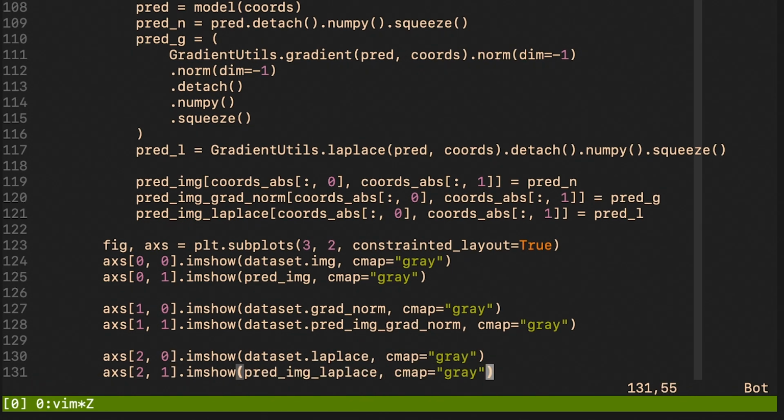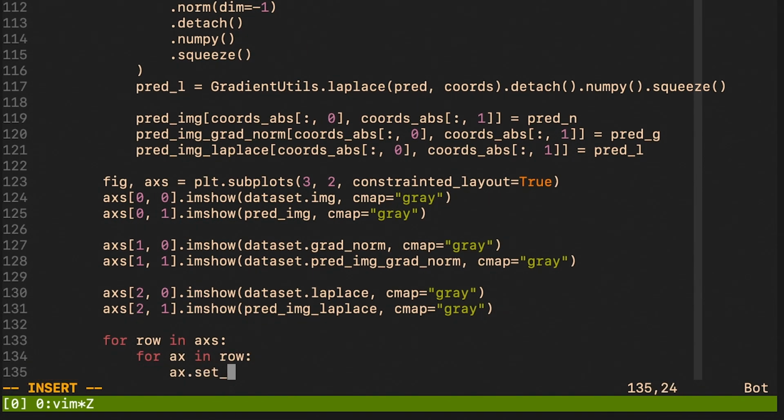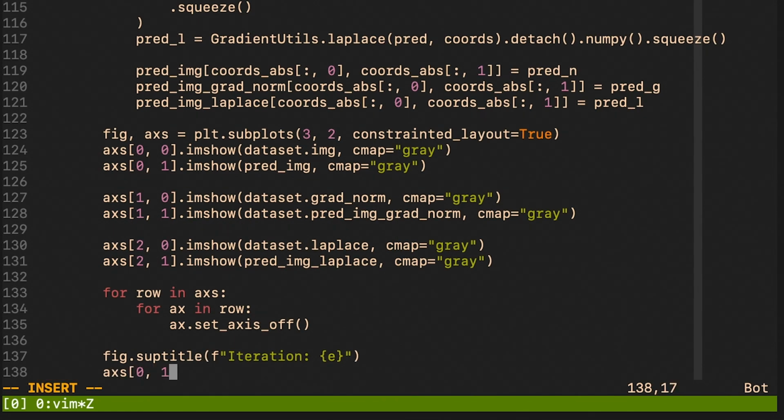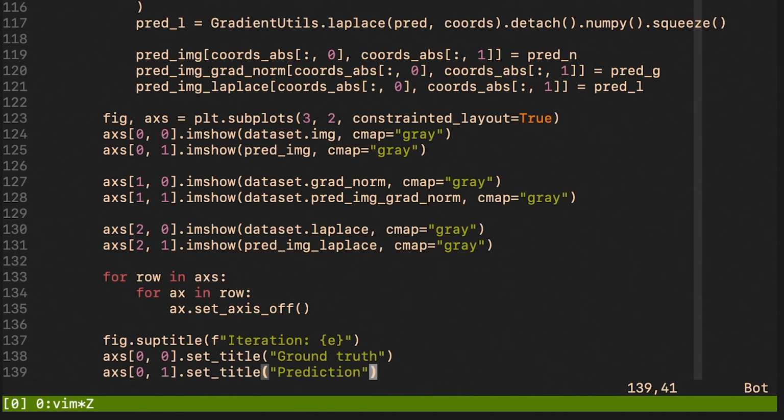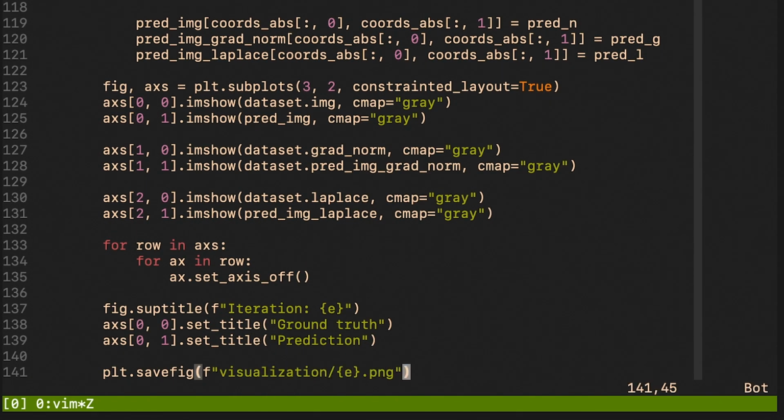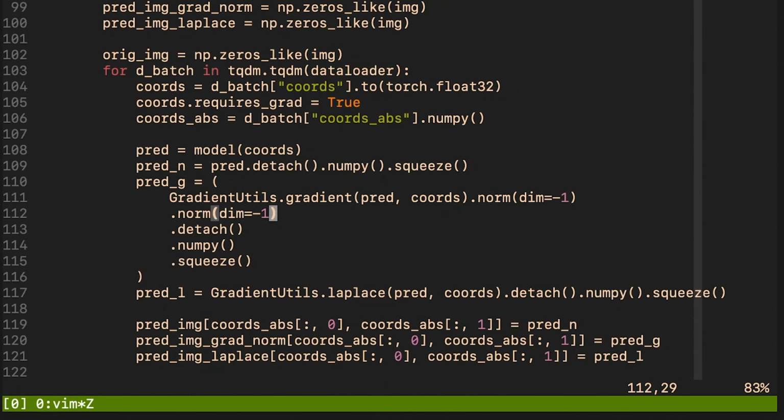And here we just always plot the ground truth and the prediction for the zeroth order derivatives, which are the intensities, the first order derivatives, and the second order derivatives. All right, then we're done. I think I will just run this with a couple of different hyperparameters and different settings, and then I will just explain the results. Here I actually computed the norm twice, so that's not correct.